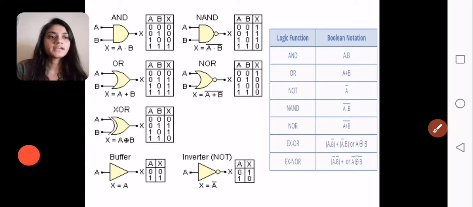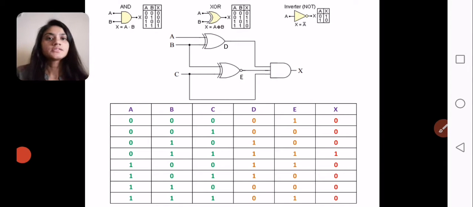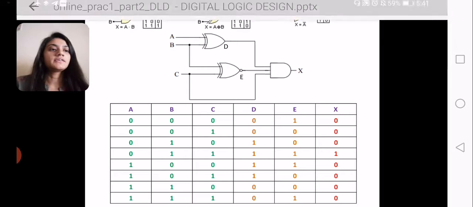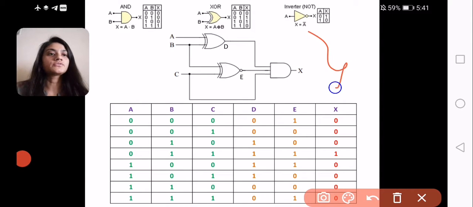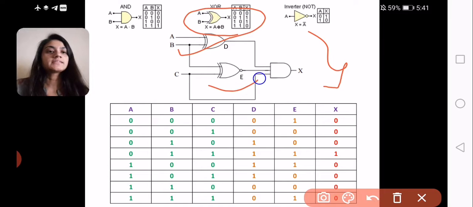Now let us take one example. Suppose you are given a circuit. Here one logic circuit will be given to you that you have to solve. So here see, one gate is the XOR gate. Here the XOR gate truth table is mentioned. Next gate is the XNOR gate. So XOR plus NOT gate will give